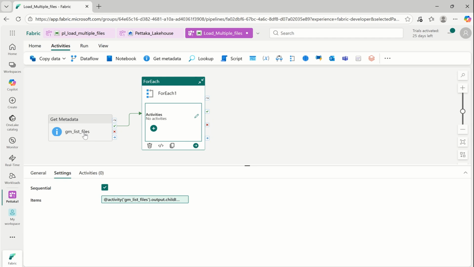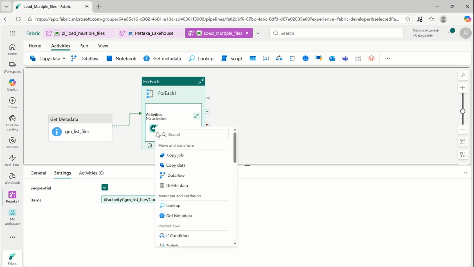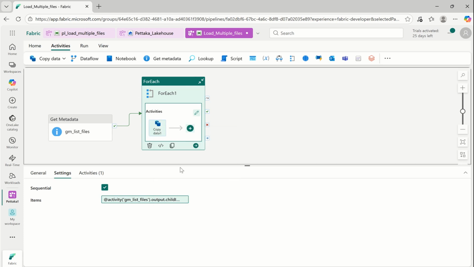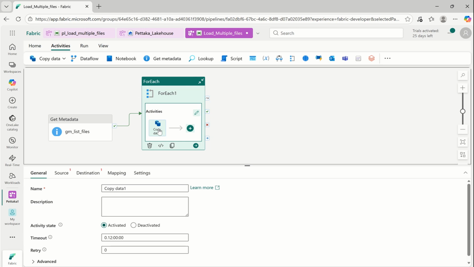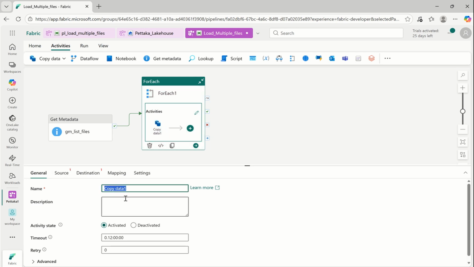Then inside of this for each activity, we are going to add another activity, which is copy activity. Make sure you select copy data, not copy job. These two are different. You need to select copy data, click on it, and let's rename this as